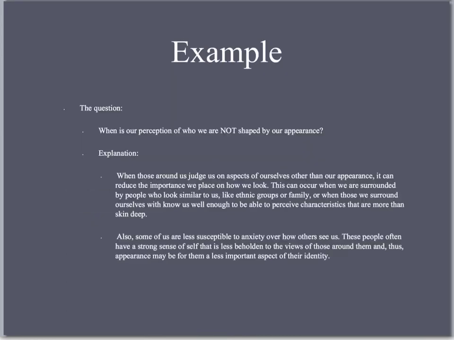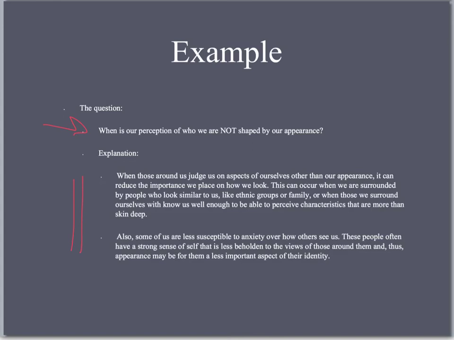So here's another example of that. So again, I've written down the question that I'm responding to. So when is our perception of who we are not shaped by our appearance? And I've come up with these points here. I've said, when those around us judge us on aspects of ourselves other than our appearance, it can reduce the importance we place on how we look. This can occur when we are surrounded by people who look similar to us, like ethnic groups or family, or when those we surround ourselves with know us well enough to be able to perceive characteristics that are more than